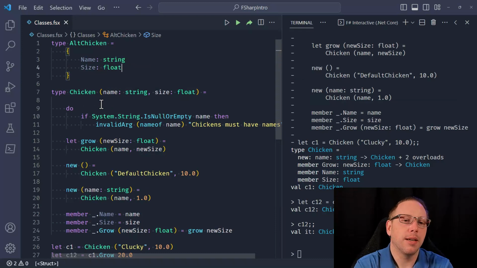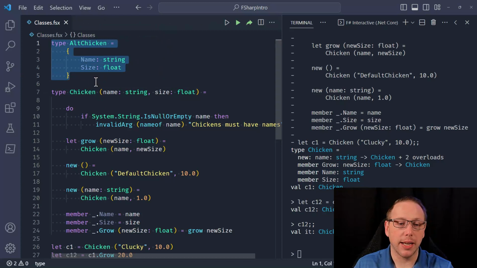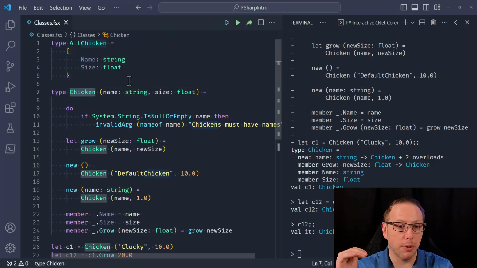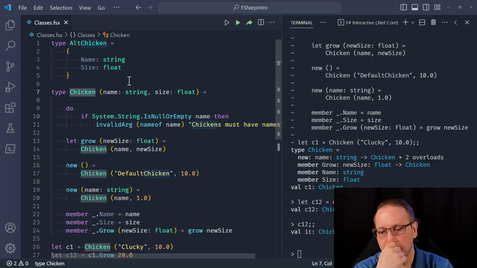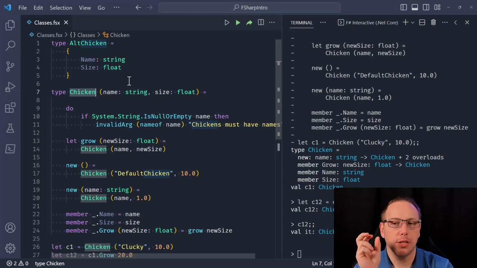That is a great question, because most of the time you would end up just defining a record. And at the end of the day, these are both classes. Alt chicken is an F# record that compiles down to a class. It's allocated on the heap. Chicken is a proper, air quotes, class. It is also allocated on the heap. Why would I use one over the other? The question really comes down to